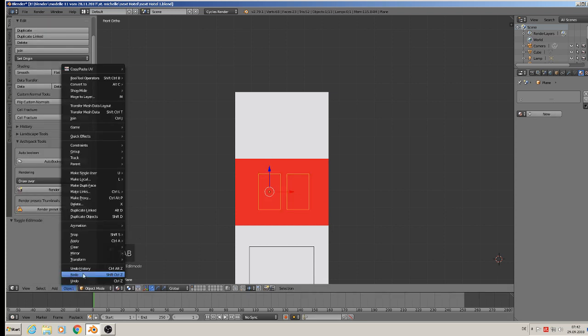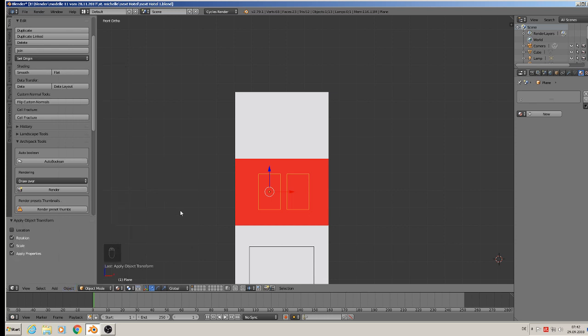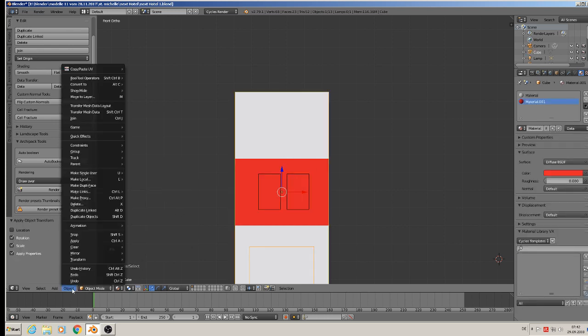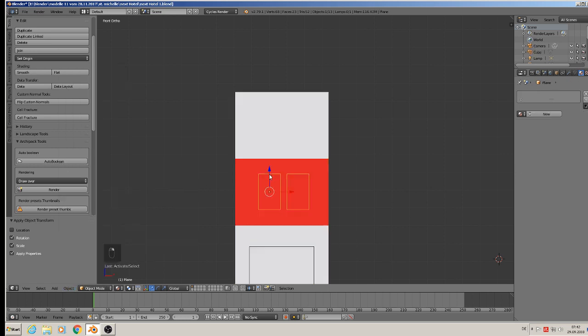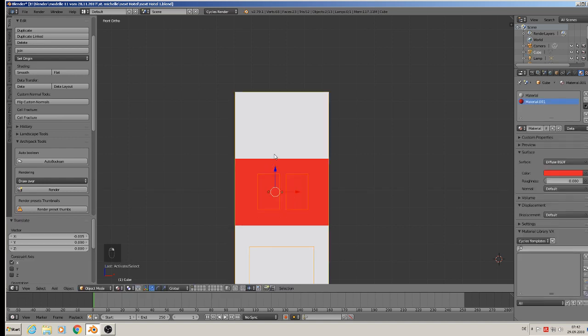Then we say object apply rotation and scale of it, then the same with the house itself, apply rotation and scale. Then first we mark them here, then we mark the house with hold shift, and then we take